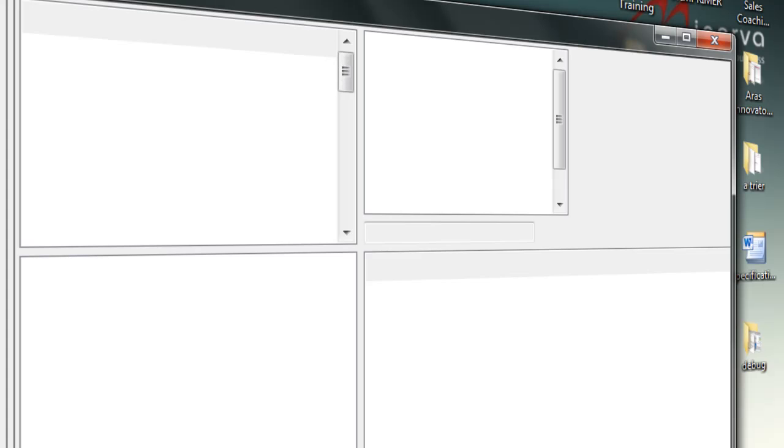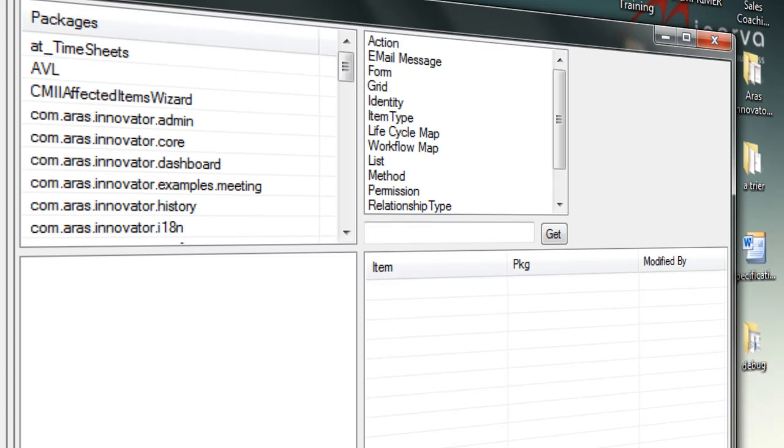The third one is a very interesting tool because one of the key things you want to do when you deploy Aras is to make sure you package all your features, sometimes separately, to make sure you can move these features from one instance to another. And it is mainly important when you start to go on production and you develop new features on your development instance, and you want to move these features from your development to a quality or staging instance, and then to a production environment. So this